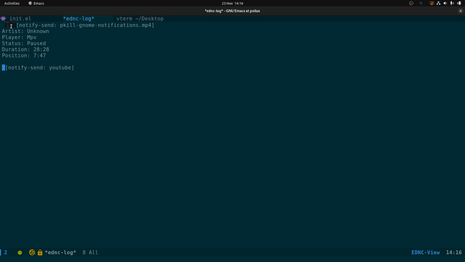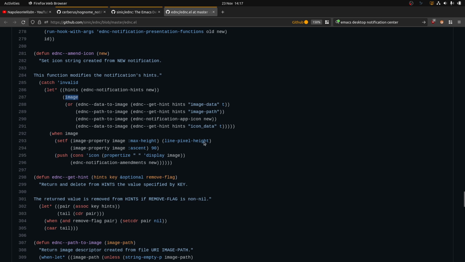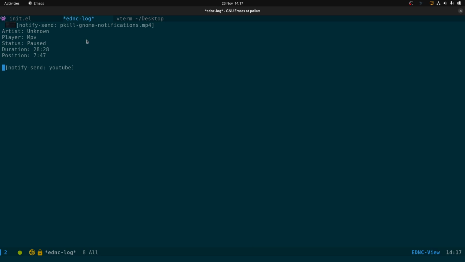So this image is basically calculated to be the same as the line of text here. So that makes sense from looking at this bit. So this seems to be what is actually controlling the size of the image. So what you need to do is figure out how we can reposition the image. I guess it would have to be displayed here on its own line, so you could have the title, then the image below it, and set the image to be 3 or 4 lines high, and